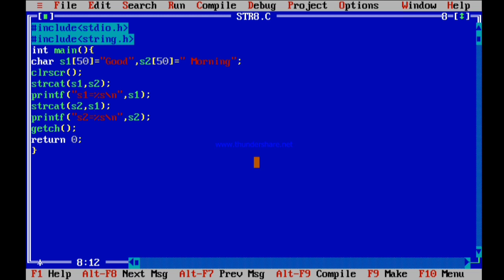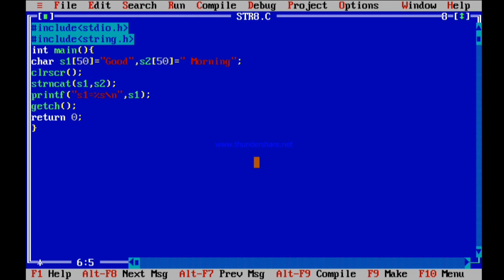Okay, so this string concatenation can be used by just altering it, that is, strcat can be replaced with strncat. This is another form of string concatenation, friends. Here I am just removing these statements for better clarity of strncat. What I have done here is I have applied this another function called strncat, that is, string concatenation up to n characters.